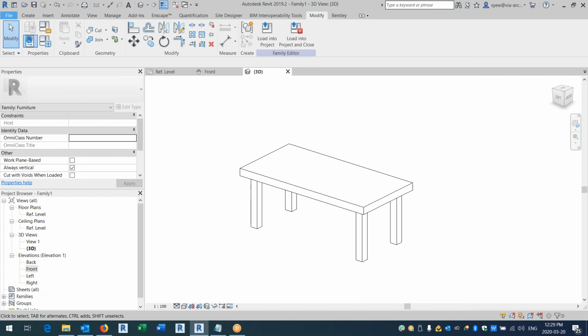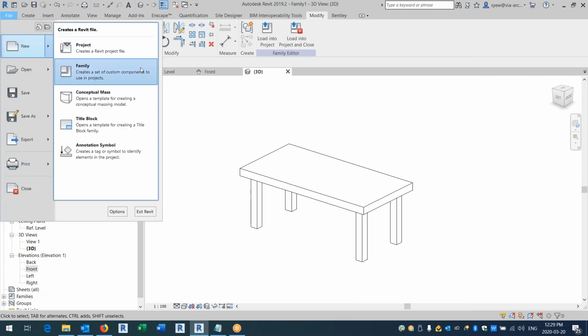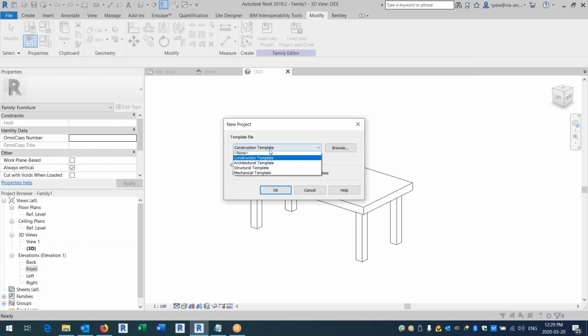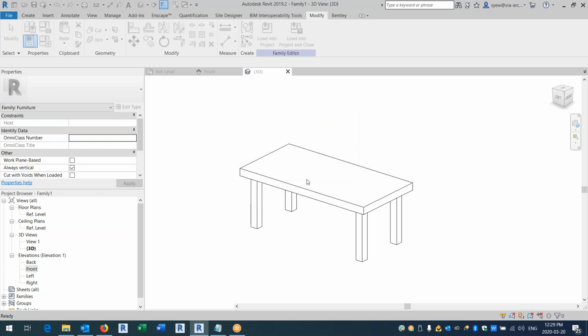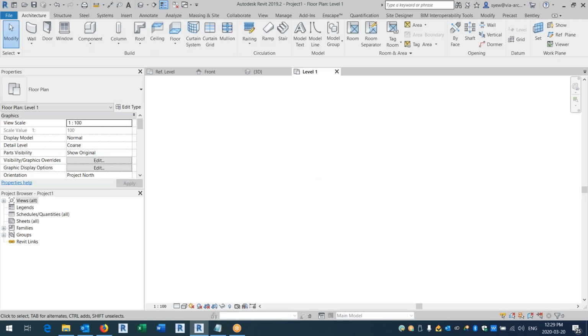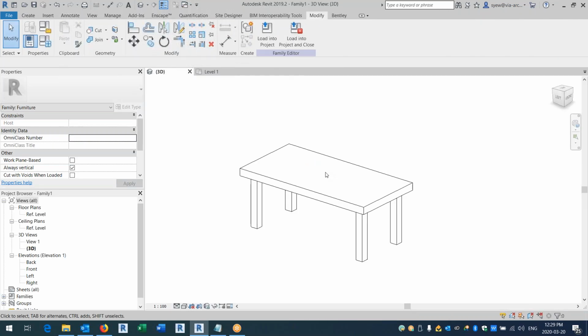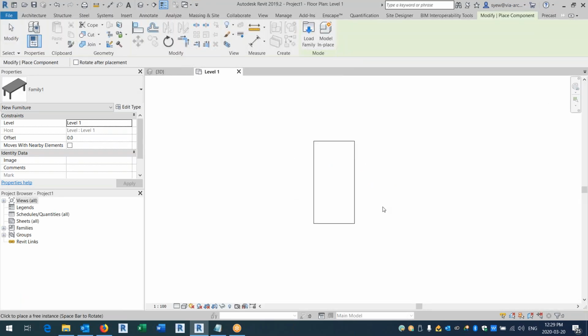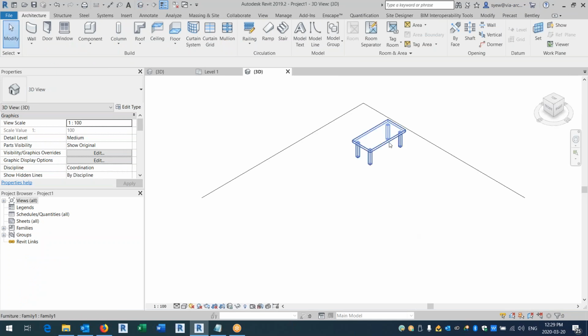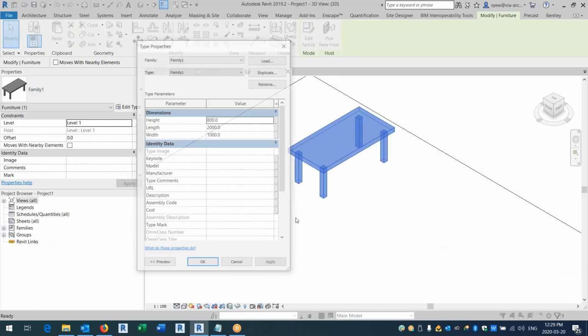So here I'm just going to start the project. Let's go none for now, and let's go metric. Okay, so here, once you like what you're doing, save the family. But right now, I'm not going to save it. Okay. So here, when I go edit type,